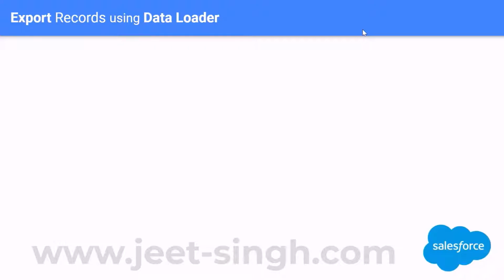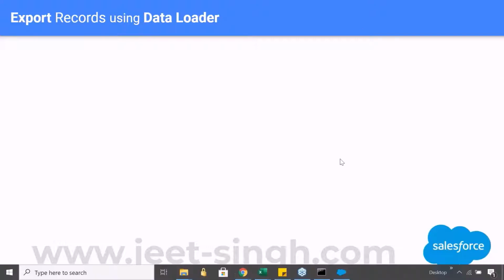I may want to export data to get a backup of my data, to keep a backup in the local system. Sometimes there are certain operations where you want to keep a backup. For example, when I talk about performing a delete operation, I say it's better to keep a backup of it, and you may want to do it at that point of time. You may want to archive the data.